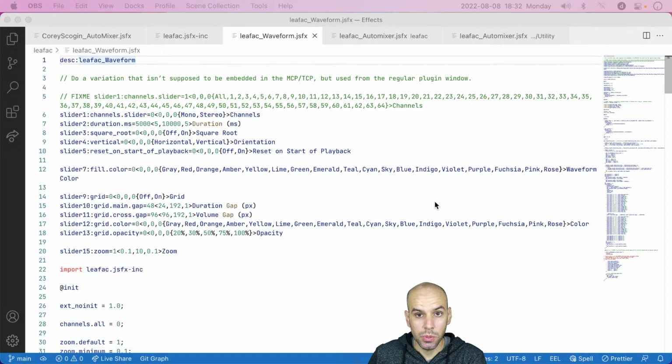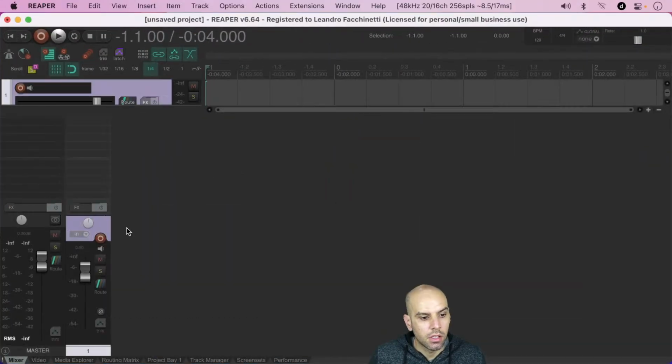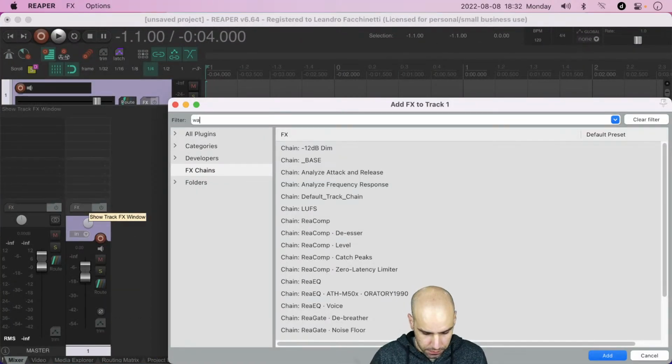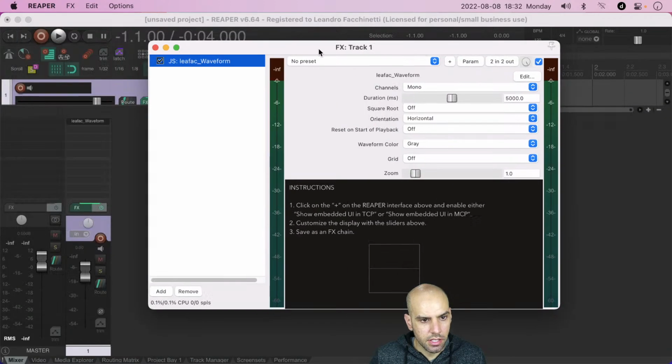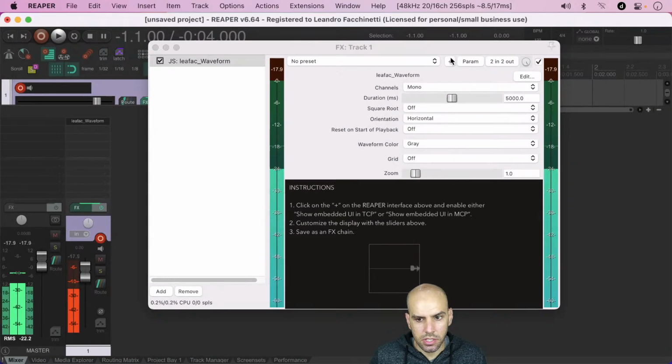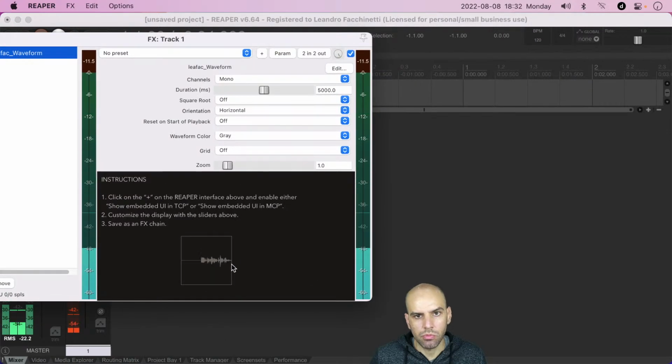And we have started using this library in a couple effects, the first of which was a waveform display. Let's bring it in. It looks like this, and it just renders the audio coming through. Pretty straightforward stuff. And the whole point of the library is to make audio effects that help you see what's